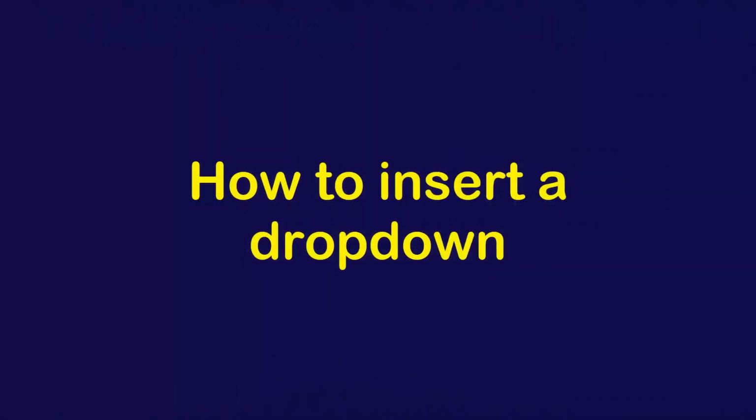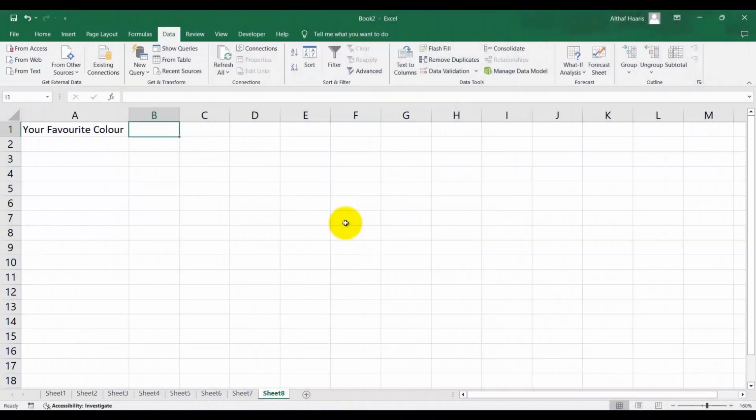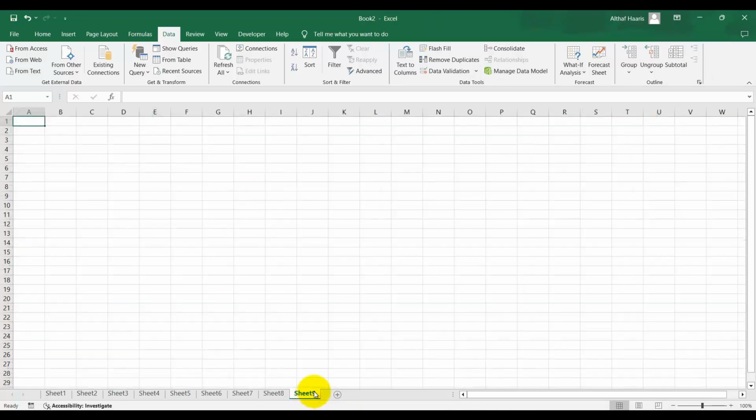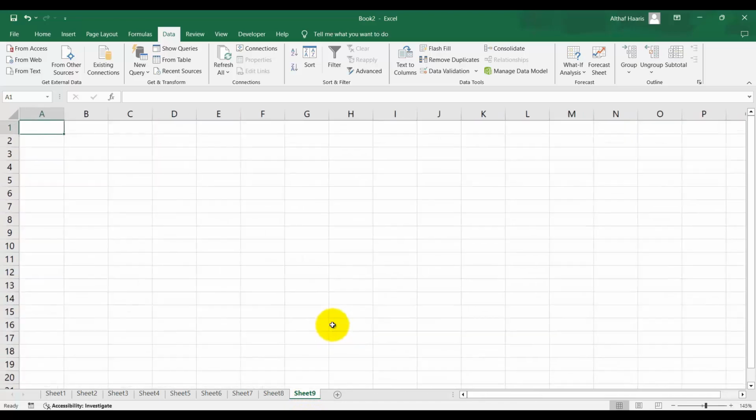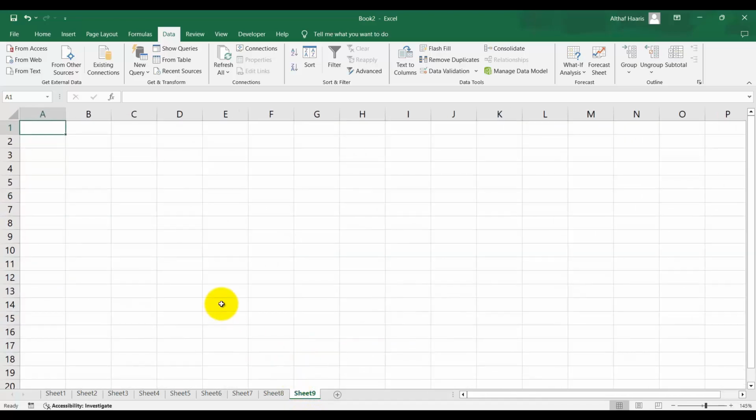Now let's learn how to insert a drop down in Excel. So here I want to insert a drop down for the favorite color. In order to do that, go to a separate sheet first of all. If not, you can do it in the same sheet also. You have to type what are the options which are going to come under that particular drop down. So let me type the options which is green,